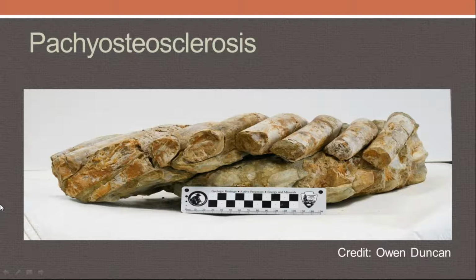And what they essentially served in terms of functionality is as weights to help weigh these animals down as they start spending more and more time in the water and trying to take advantage of the plants that are on the substrate of some of these shallow seas. They still have a tendency to float if it weren't for these diving weights, essentially. And when it comes to floating, they've got a lot of air in these big lungs, and given their